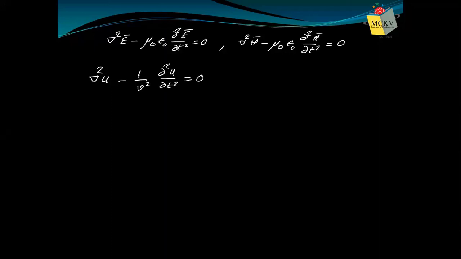Suppose you have a straight string. You have taken a string and one end of the string is attached to the wall and the other end is at your hand. And it's in a stretched condition. So under that, if you give a jerk to the string, a vibration to the string, then a wave will be created in the string. How the wave propagates is governed by this expression. Suppose there is a thin tube through which water is passing.